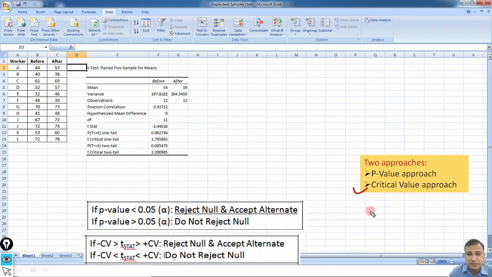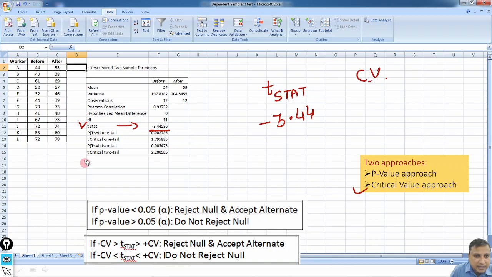Now what is the second thing? The second thing is the critical value approach. We just need to have two things: the t-stat and the critical value. So where is the t-stat here? It is here, minus 3.44, and here is the table value, that is the critical value. Critical two-tail is minus 2.20.